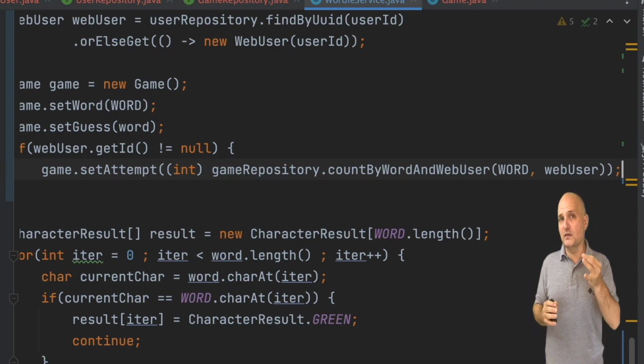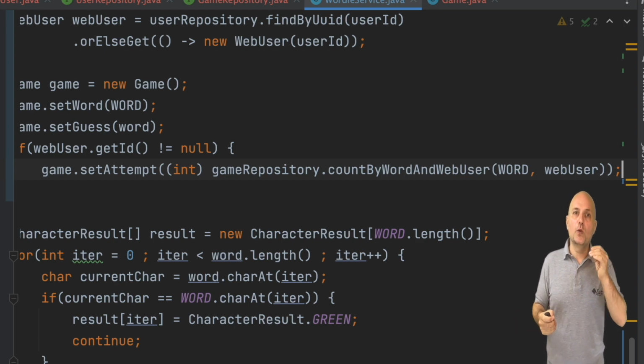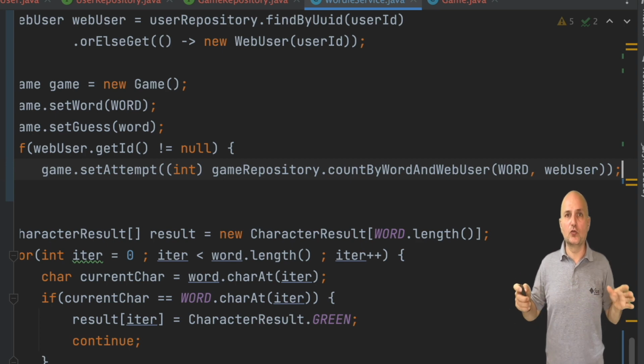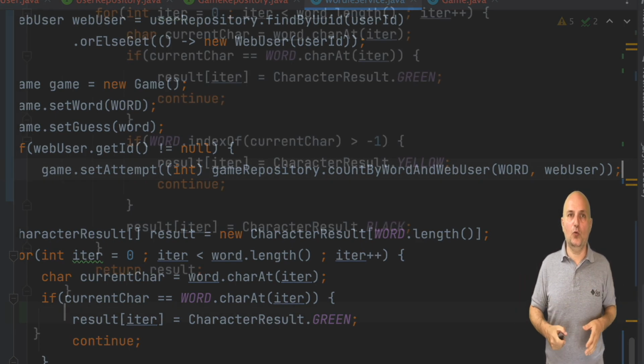Since the ID is generated when the user is added to the database, this query won't work for a newly created user. We can use the count method to set the attempts value, and it will work exactly as it did before. We don't need to write the SQL at all.